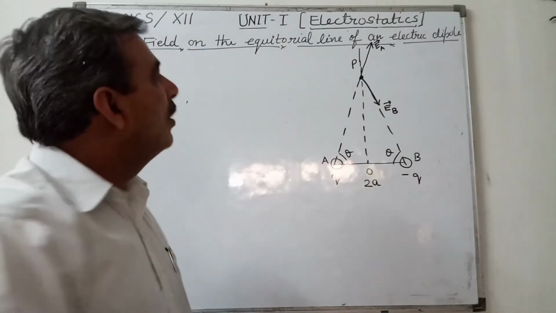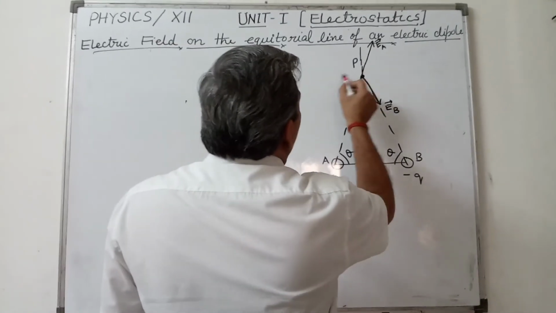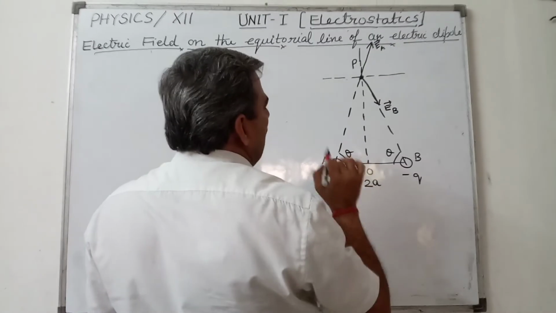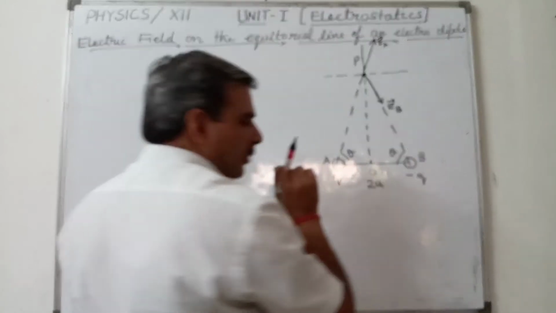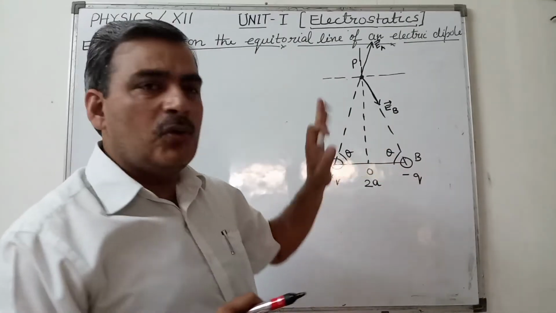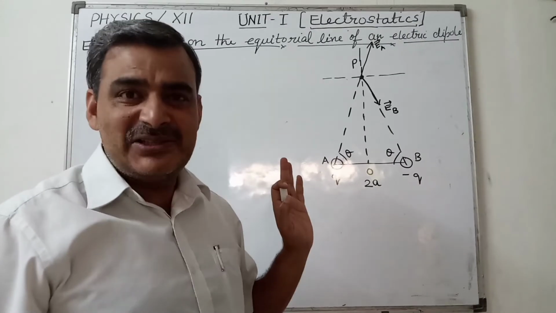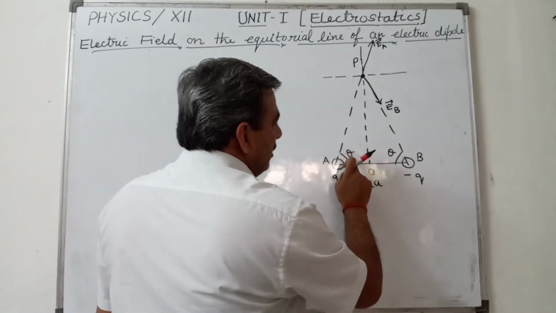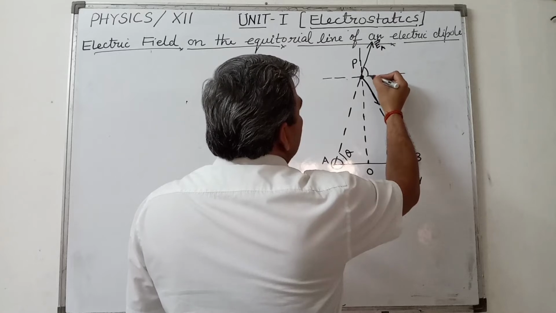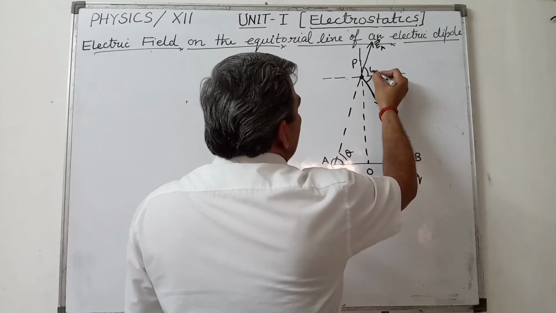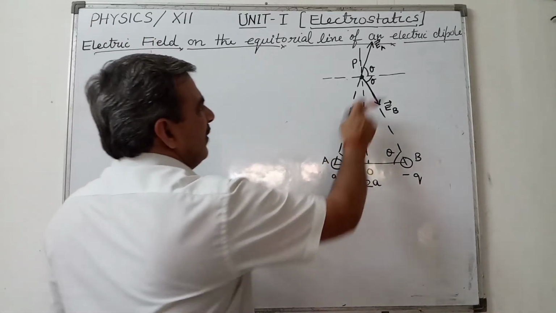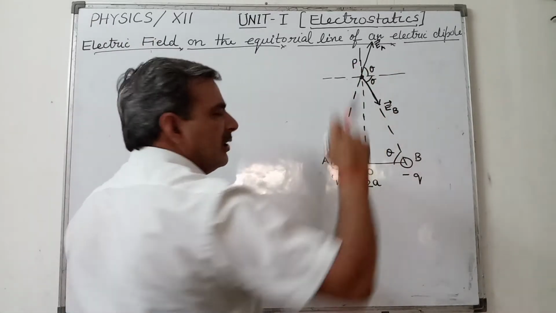Towards this. Now, if you draw the horizontal and vertical line at the point P, these two angles are equal. Why are they equal? Because this line is the perpendicular bisector, so these angles are equal, and they are equal to theta each. If this is theta and this is theta, then these two angles mathematically are again theta, because these are a pair of corresponding angles. These are a pair of alternate angles.